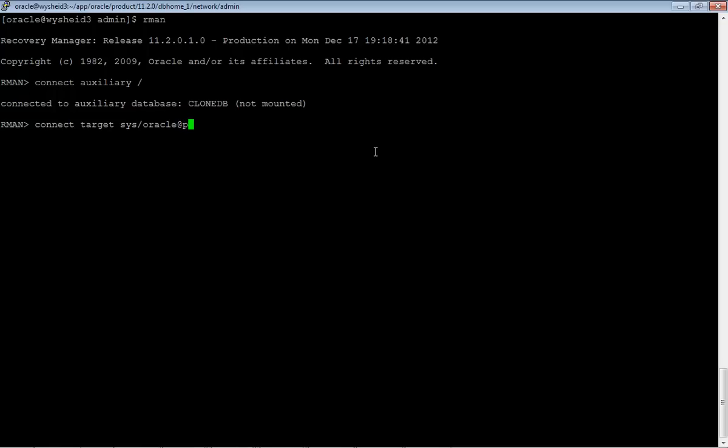@ prime TNS. You can see that we have connected to both our auxiliary and the source databases in the same rman session. Now let me start a run block. In this, I'll be allocating a channel